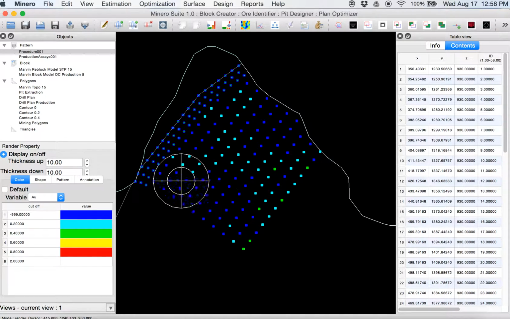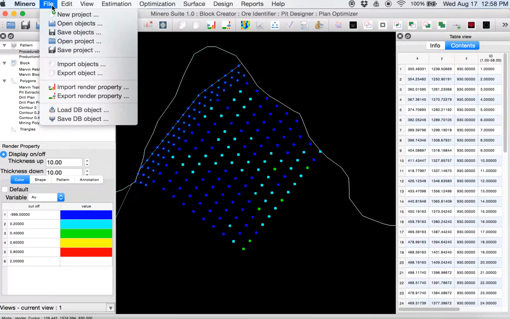Once we finalize the pattern creation, we can either send this information to the database, or we can save these files in flat file format.